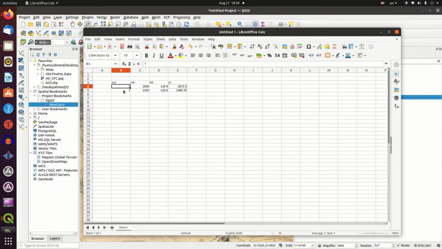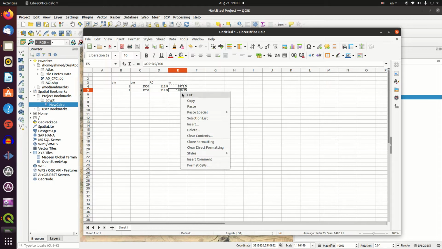If we wanted a better image, we would create a 1:1250 image. In this case, the width of the A0 plot would be 1486 meters. So we can create a grid of tiles with the width 1486. So I'm going to pick this one,